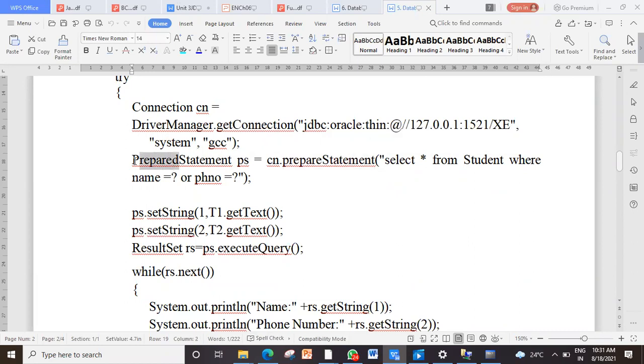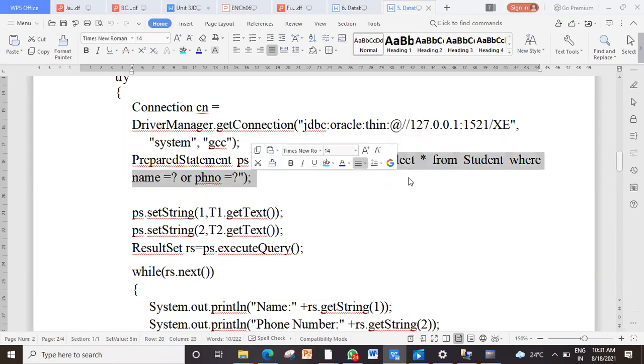What is the name of the object? PreparedStatement. What is the name of the method? prepareStatement. No confusion in this. What object are we preparing? PreparedStatement, by using which method? prepareStatement. And normally with prepareStatement, you can pass queries with parameter, without parameter.